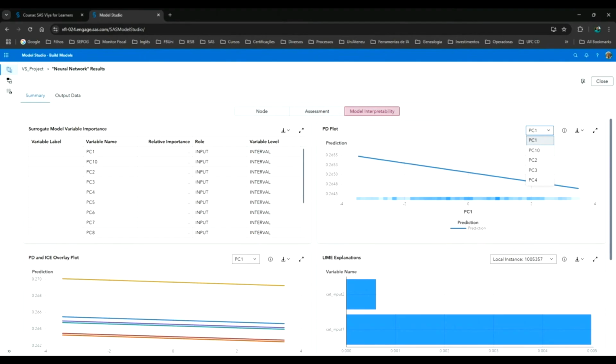We lost the capacity to look at the input and the output and understand what is happening, because our inputs are lost when I use that technique, PCA or SVD. Then this isn't important anymore. But SAS Viya gives us another trick, a very good trick.